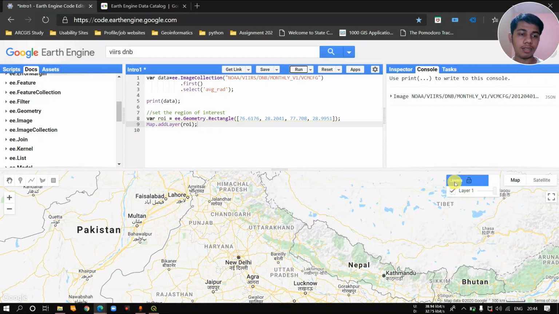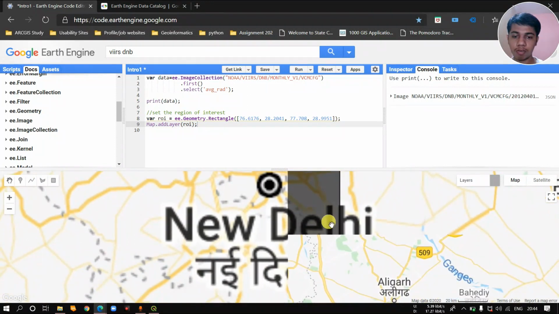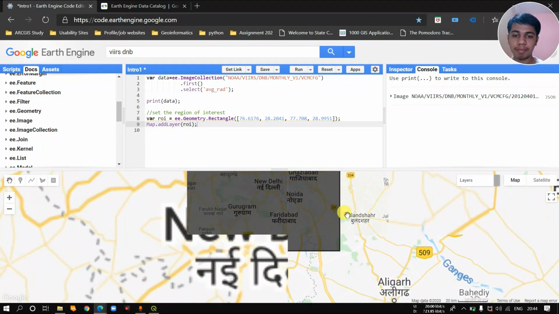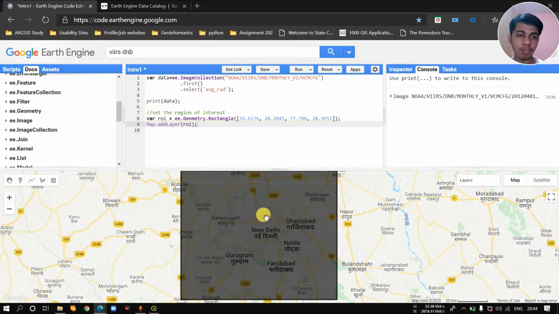So you can see the layer is getting loaded over here, and within this area you can see the data is loaded in your map. Okay, so this is the nighttime data of New Delhi region. So by this you can add your data.